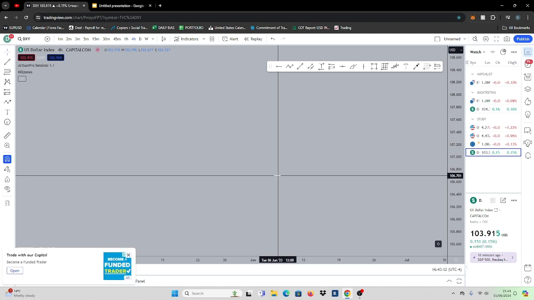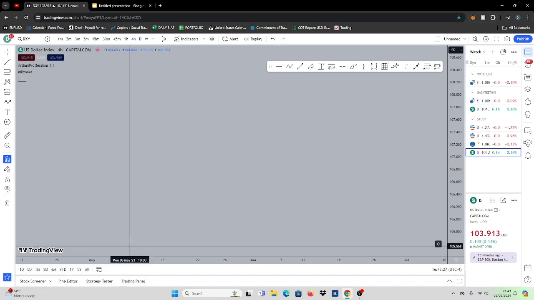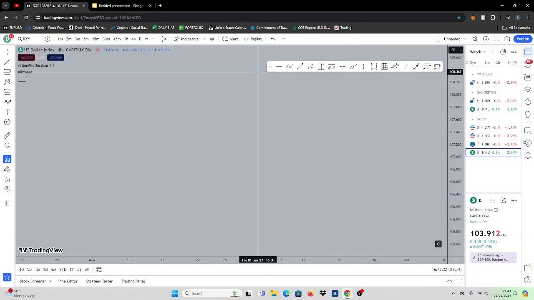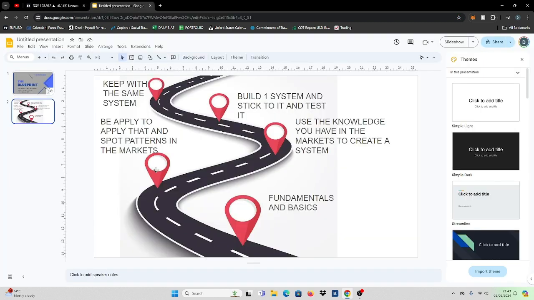Make it simple. You want your system to be like a white car, that just happens again and again and again. It's easy to spot. It's there, I can enter. Because the more you ask for and the more you add onto your system, it becomes too much of a headache for it to happen and to align. I've spoken to people who end up with only 2 setups a month, and they say, oh, I need more trades, and I always ask them, let me see your plan. It's because they've got too much written down. So yeah, I hope that made sense.